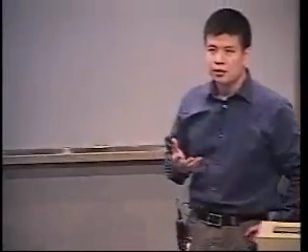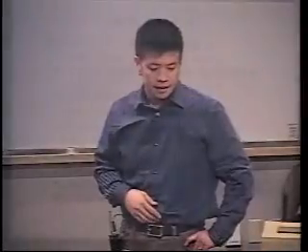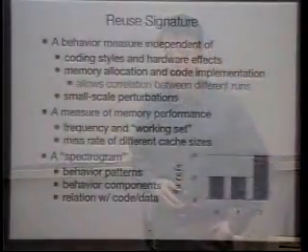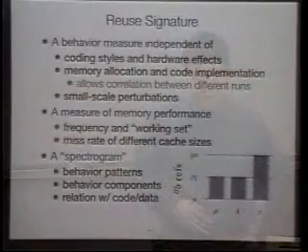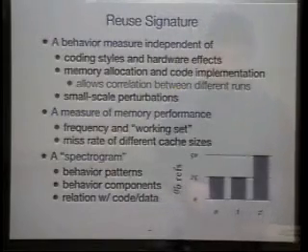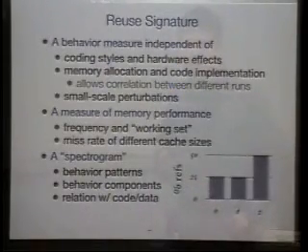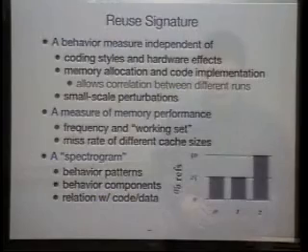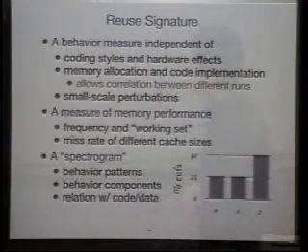And it's a measure of memory performance because it contains both frequency information and also volume information, in the sense that it's the working set between the repeated uses of the same data. And then at the practical level, it predicts the miss rate of different cache sizes and actually different cache configurations. And so it's really the equivalent of the spectrogram, a spectrum. And behavior analysis,